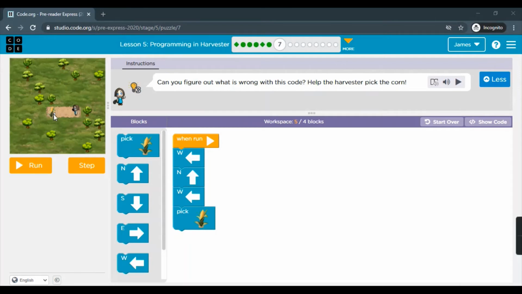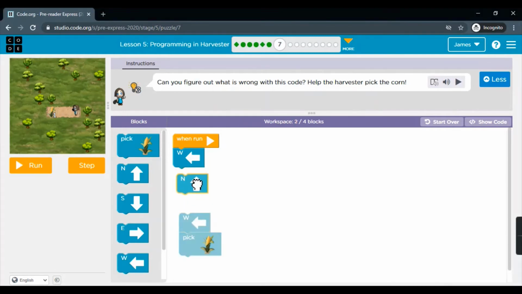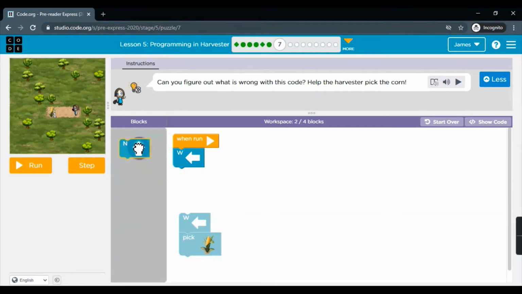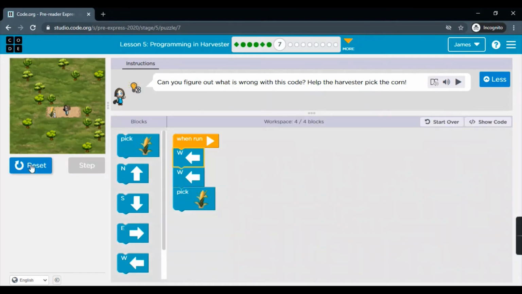So total 3 blocks are required. But here you can see there are 4 blocks. And which side she needs to move? That is west side. So this north block is extra. So we just need to delete it and rejoin this here. So now I think we are good to go. Let's run it.